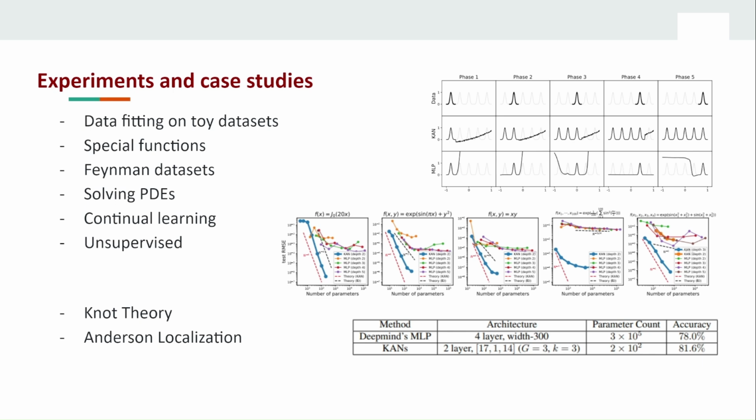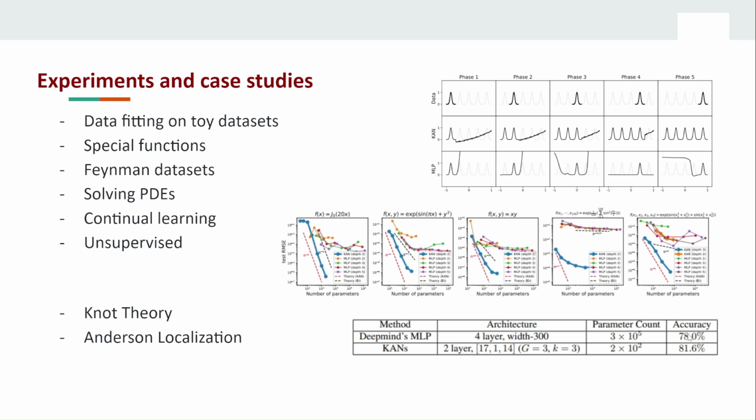A couple of case studies are also taken up, testing CANs for discovering physical and mathematical laws, such as knot theory and Anderson localization. In knot theory, applications were studied both in supervised and unsupervised methods. In supervised, CANs achieved better accuracy than MLPs in the signature classification problem with much fewer parameters, which can be